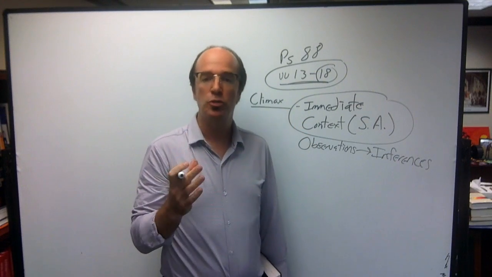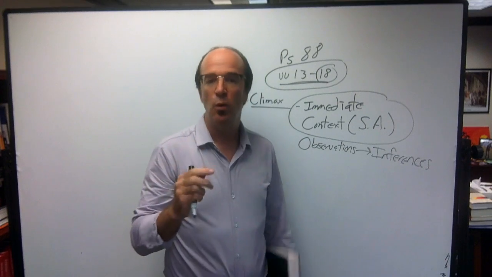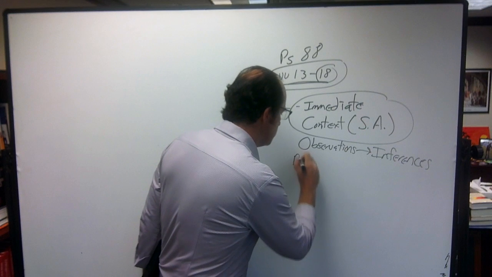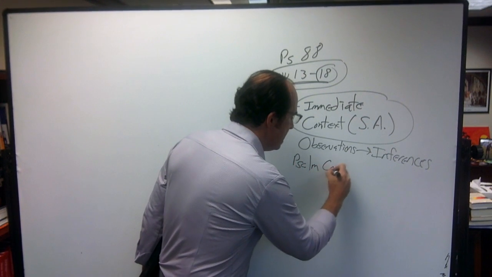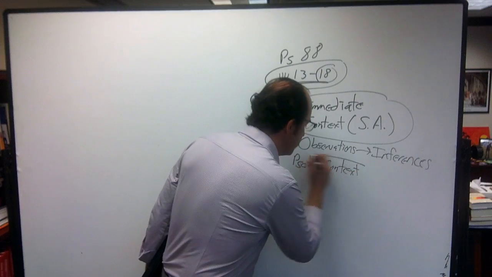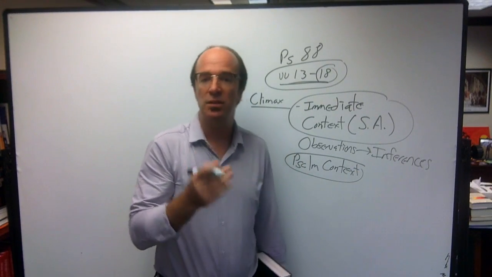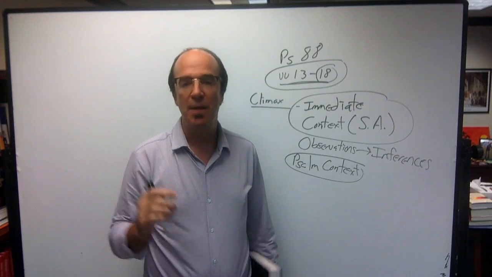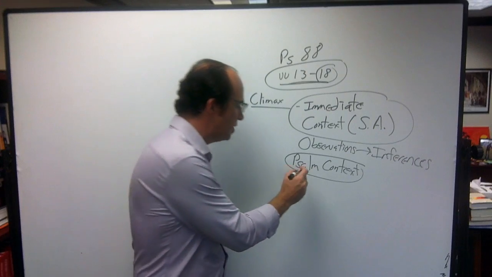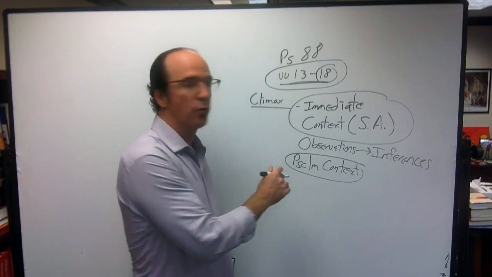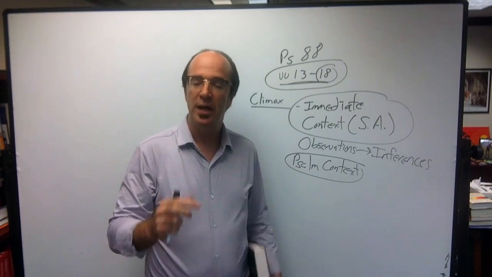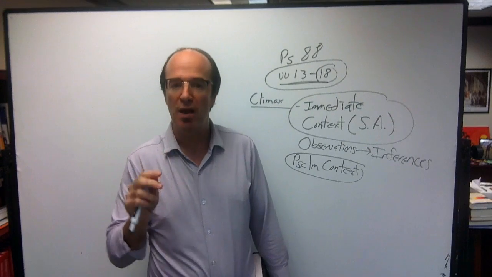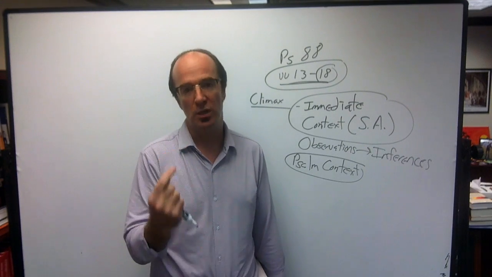And then once you've done a thorough job there, then you can step back and say, what's going on in the wider segment, or in this case, the wider psalm? And so we can then move to the psalm context. And what's key is when you have a structure, you want to ask yourself, like climax leads to this, because you could say, how does the rest of the segment lead up to this climax? And so then you can go back and you make some observations and inferences on a lower level. You're not going to go into depth into the other 12 verses, but you can go through there and gather further evidence that helps you to see how the psalm comes to a climax.